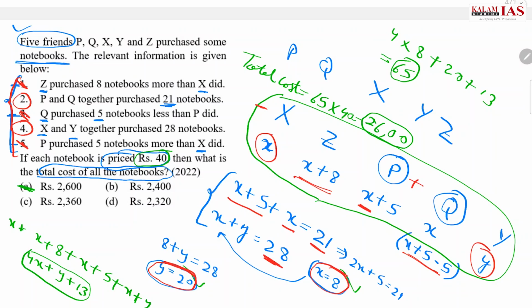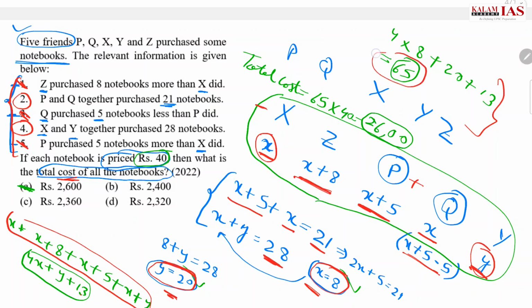Now we have to find the total cost of all the notebooks. All the notebooks come out to be X plus X plus 8 plus X plus 5 plus X plus Y. We simply add all these up, we get 4X plus Y plus 13. Now we simply put the values of X and Y from this equation and this equation and get the answer